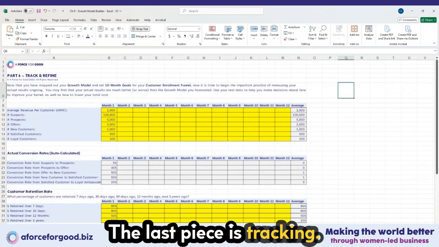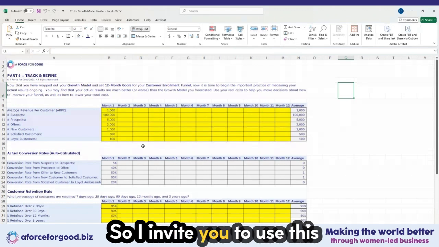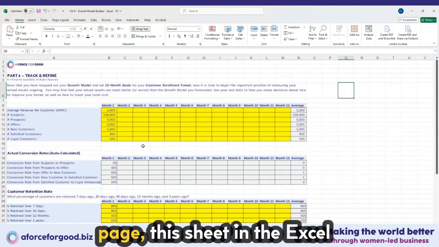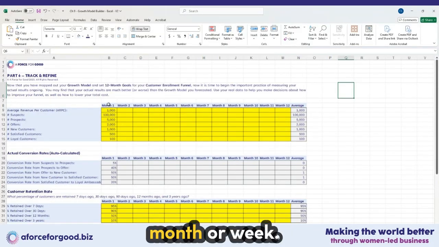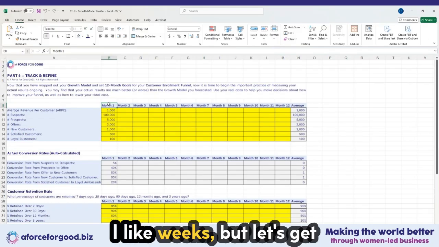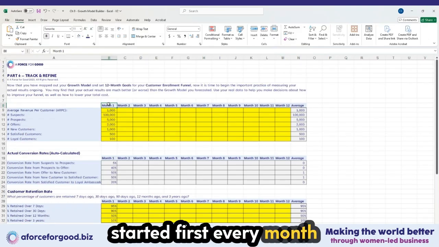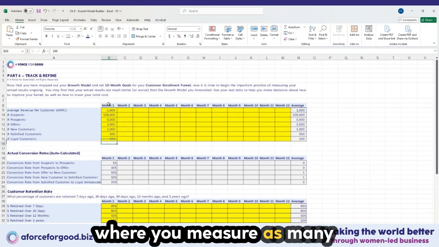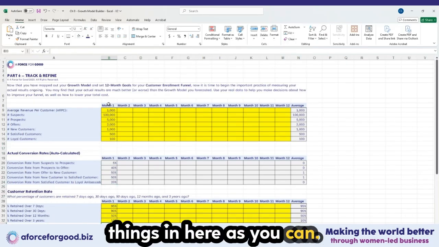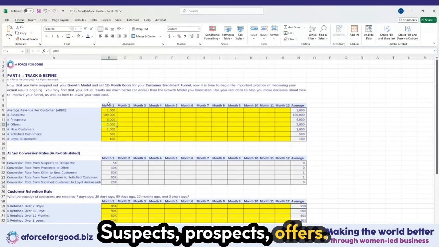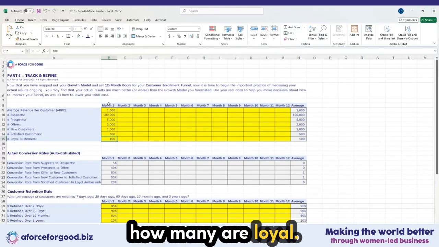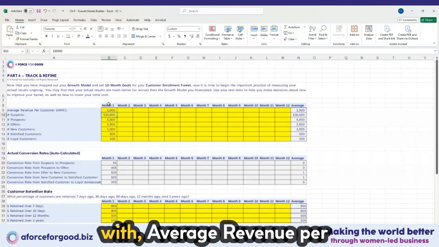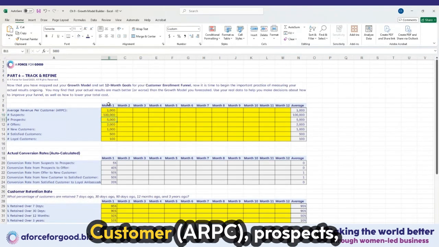The last piece is tracking. So I invite you to use this page, this sheet in the Excel model, and you can put it on a Google sheet if you want. Start every single month or week. I like weeks, but let's get started first every month where you measure as many things in here as you can. Suspects, prospects, offers, new customers. Maybe you don't know how many are satisfied. Maybe you don't know how many are loyal. That's okay. So maybe you start out with average revenue per customer, prospects,